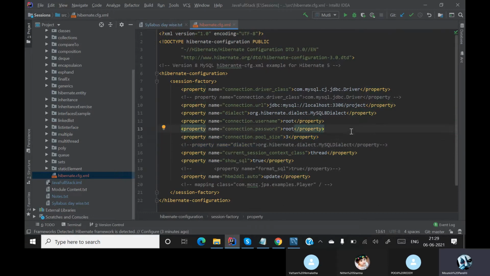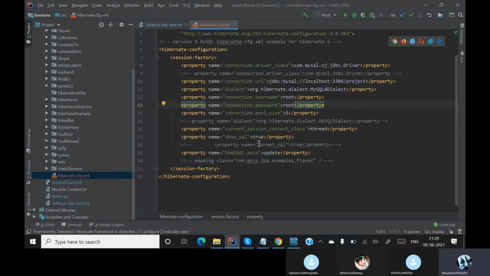Now over here the current session context, I am making it thread. Now this show_sql, what is this show_sql true? We will see once we go to the program. For now I'll simply comment this out, we will see what it does later.